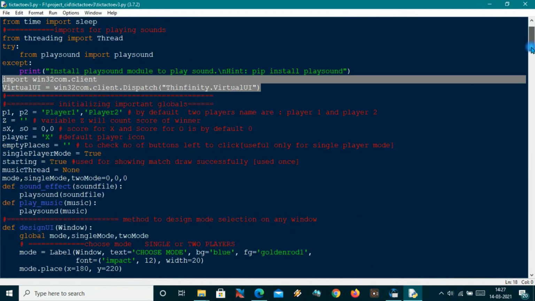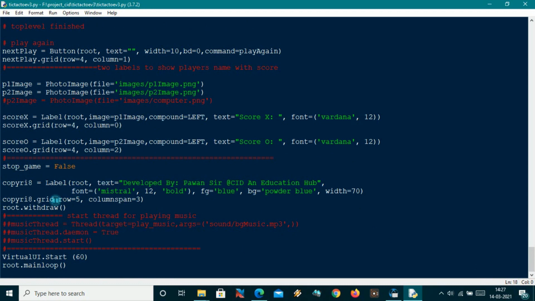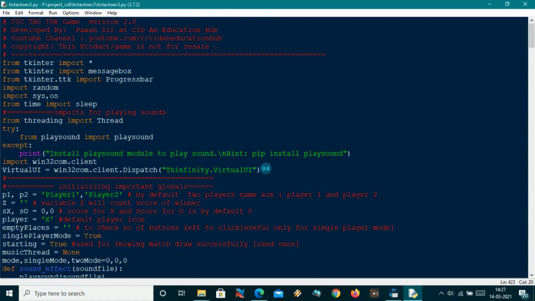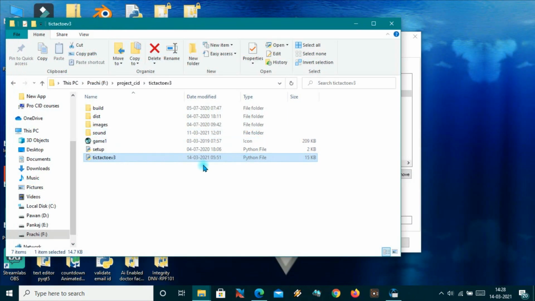or all of your Python applications. Okay, and at the last, as you can see here, I have the root.mainloop, and before mainloop I have started the virtual UI object. So you have to add this line too. So guys, you have only 3 lines to change in your code. Before mainloop you have to add this line, and also before coding all the things you have to add these 2 lines. So it's enough. You have to change only 3 things here.